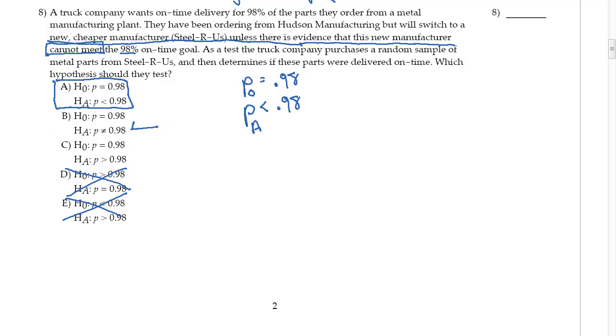Not equal to 98 means it could go up or down, so it's not going to be B. So you're really just left with A and C. Here we're assuming that the trucking company cannot do better than the other, and that goes with the verbiage of cannot meet. So we are going to have A as our answer here. Now we're going to do a formal